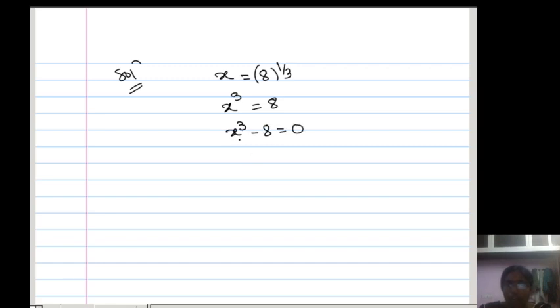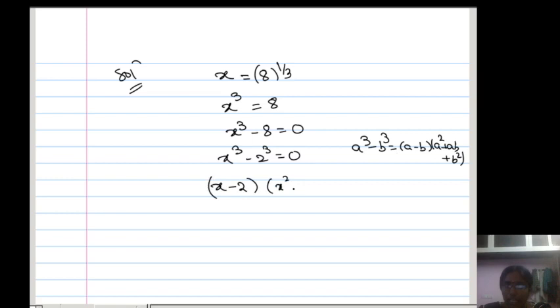Now it is in the form of a cube minus b cube. What is the formula for a cube minus b cube? This can be written as x cube minus 2 cube equal to 0. a cube minus b cube is equivalent to a minus b into a square plus ab plus b square. So now using that formula, this is written as x minus 2 into x square plus 2x plus 4